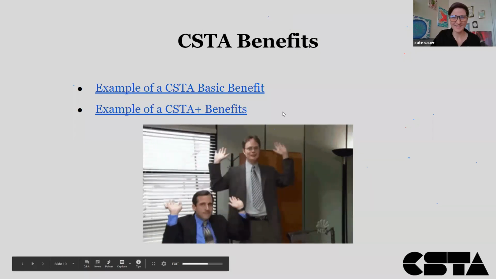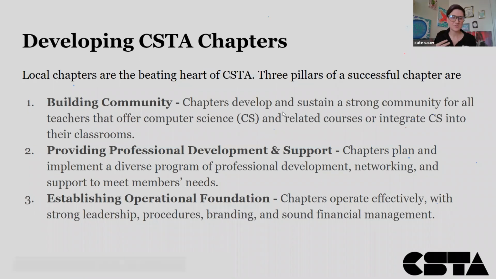All right, great. So I think now this is a really great space for Jason to talk about CSTA chapters, and especially talking about what chapters are in the international sphere, and what's been happening, what we're looking for, and maybe that's something that's right for you. Jason, would you like to kick us off?